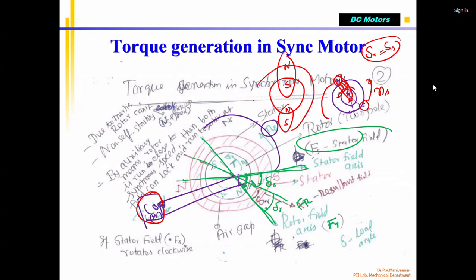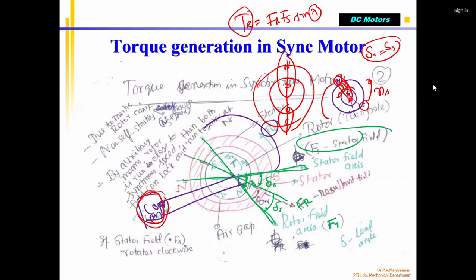This is the stator. The perfect condition is like this, but it never happens. There will be a load angle, which depends on the load. If you give more load, the torque produced by the magnetic flux is Te equal to Fr Fs into sine lambda, correct? If this lambda becomes more and more because of more load, and the torque generated is not sufficient at one